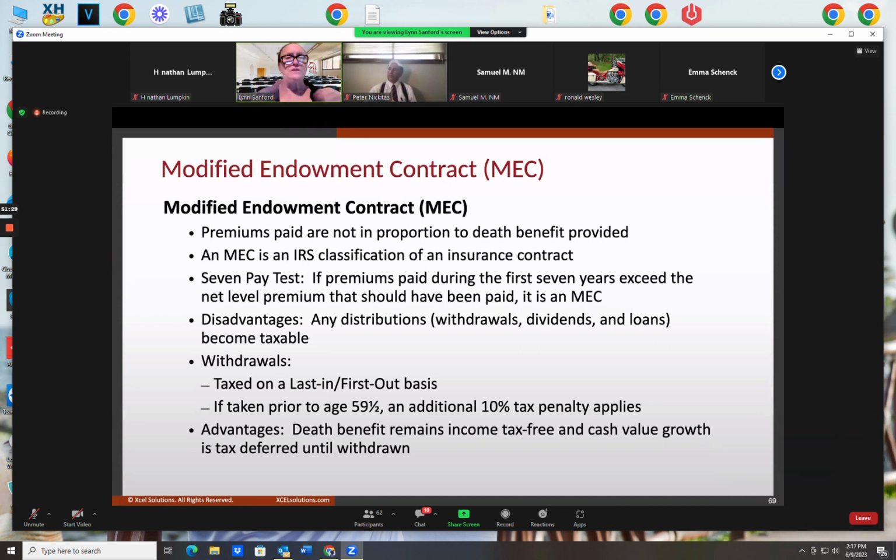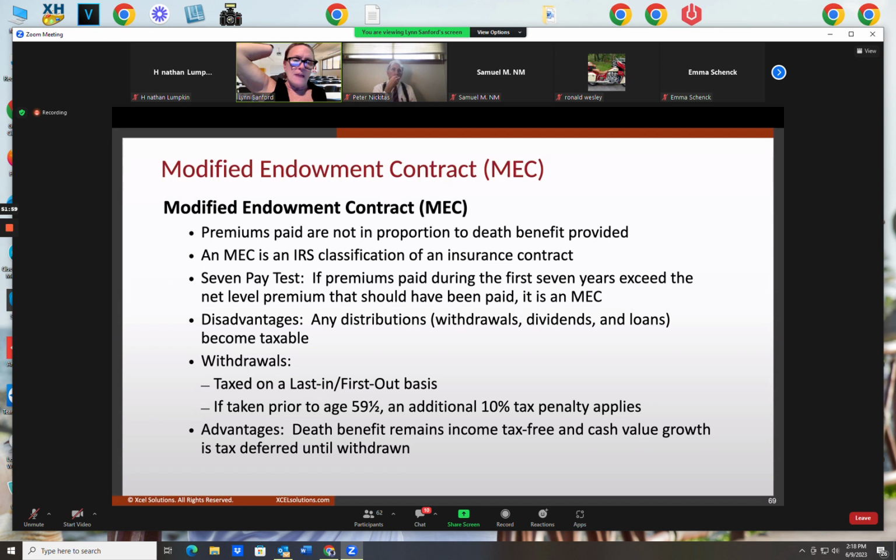But when a person pays too much money into the contract too soon, then they run the risk of that policy failing a 7-pay test rule. And all it needs to do is fail one 7-pay test rule, and then the IRS will say to that actuary, make sure you label that policy a MEC. Because now it's not operating like a normal cash value life insurance policy anymore. This person has dumped too much money in it, and that cash value has risen too close too soon toward that death benefit, making it an investment. And investments are taxable.